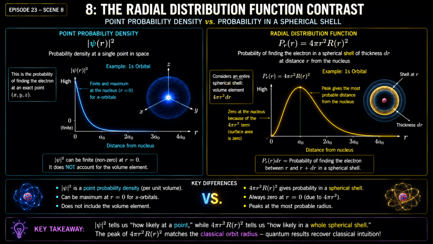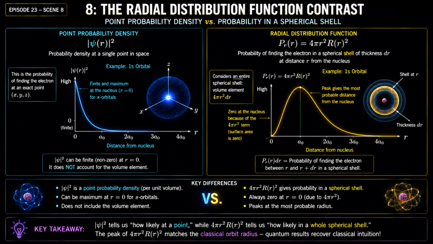determines the probability of finding the electron within an entire spherical shell of thickness delta r at a given distance from the nucleus. This function is expressed mathematically as 4 pi r squared times radial function R of r squared. Because the surface area term 4 pi r squared is 0 at the absolute center of the nucleus, the total radial probability at the origin drops to 0, even for s orbitals. The peak of this radial distribution curve perfectly matches the exact radius predicted by old semi-classical models, bridging quantum probability